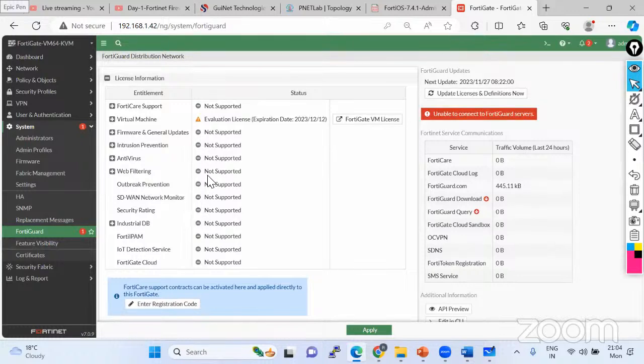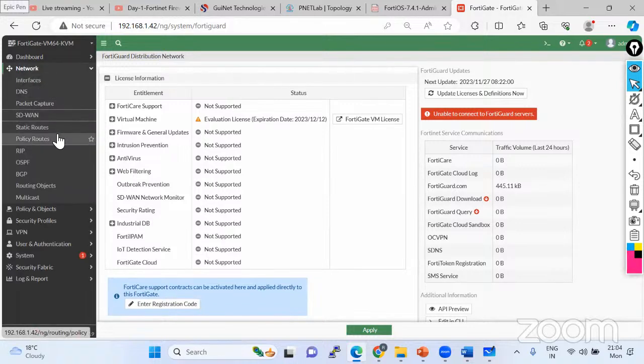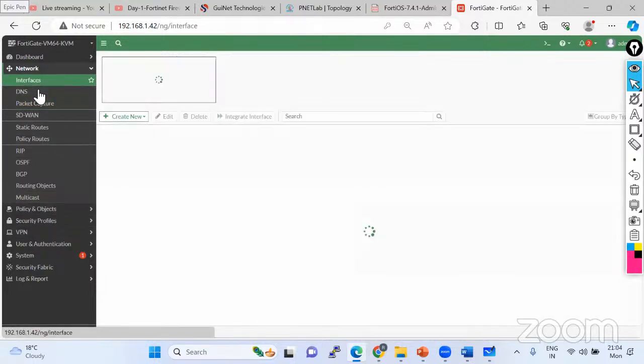Based on this license, once you have the firewall license, all these features are going to be leveraged by you. SD-WAN, when you want to monitor, that is also going to happen. We'll do it step by step: how the policy is going to be created, how the packet capture is going to happen. Before we start with the advanced features, we have to understand step by step